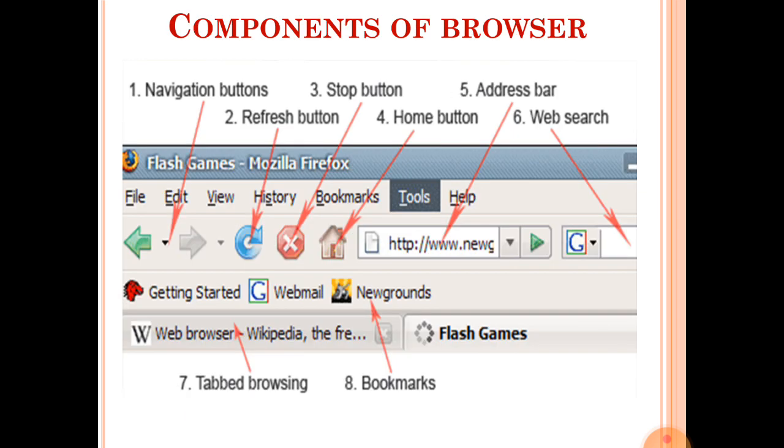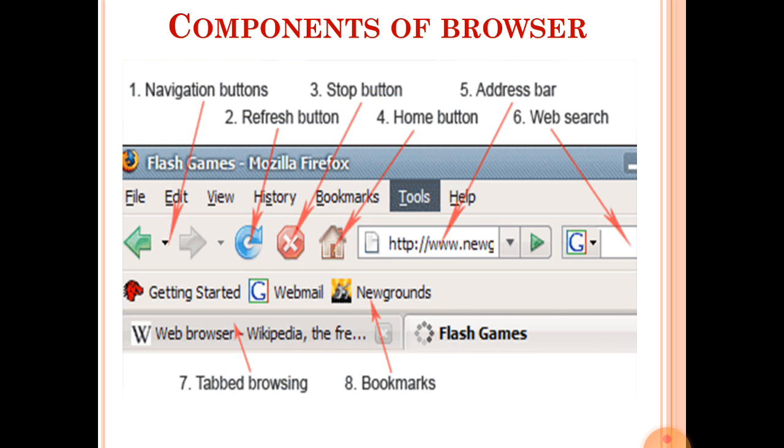Next, components of a web browser. You can see here I have given an image to explain the components of a web browser. You have the title bar. There is written Mozilla Firefox. So this bar is known as the title bar. Title bar is a bar that displays the title of the web page. When the user opens any web page or website, its title will be displayed at the title bar.